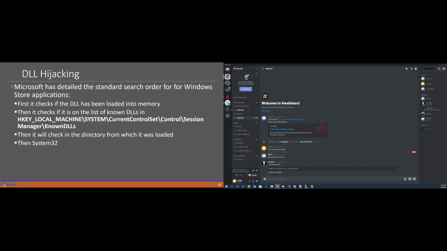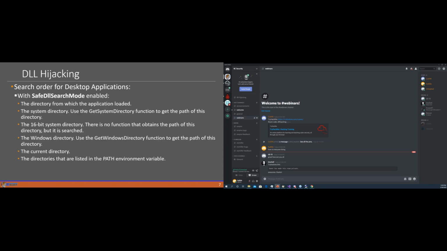So there's a couple of different search orders that are utilized for DLL hijacking. For Windows Store applications, it first checks if the DLL has been loaded into memory. Then it checks if it's in the list of known DLLs, which are DLLs that have been previously loaded or are commonly used. Then it will check the directory from which it was loaded, and then it checks in System32. If we are building a desktop application with safe DLL search mode enabled, which is a registry key that's set for the whole machine,